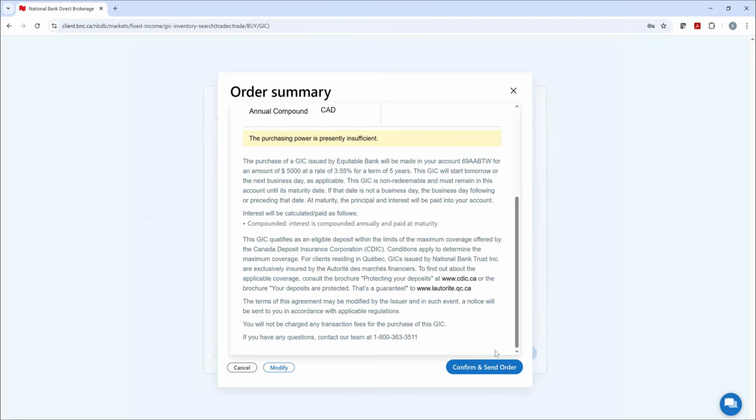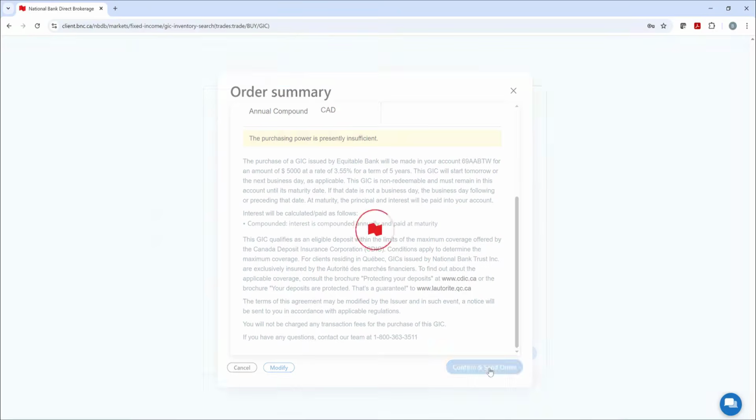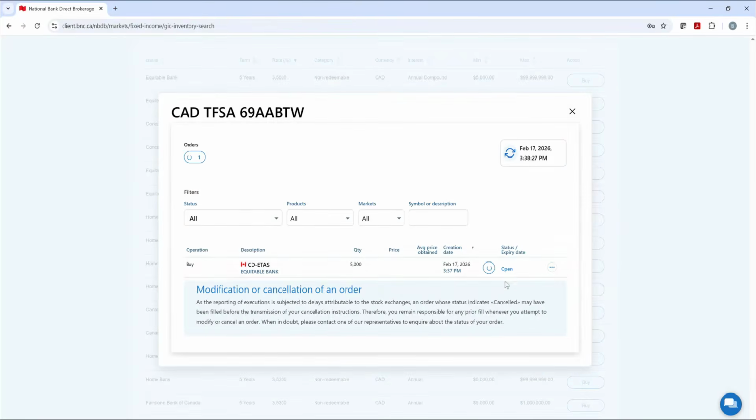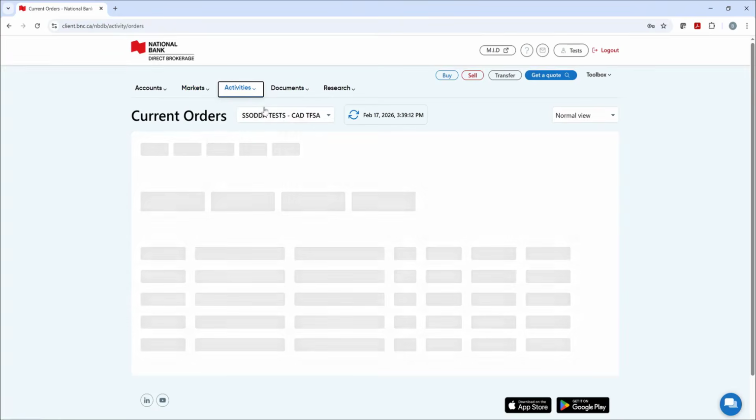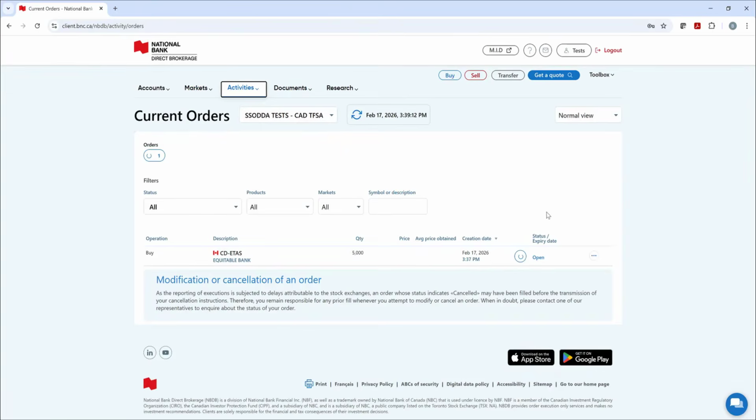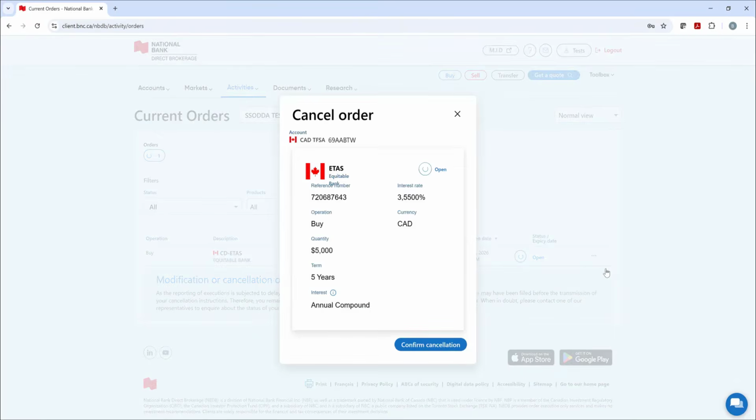make changes. If not, click on Confirm and Send Order, and it will appear in the Current Order section. You can buy GICs between 9:30 a.m. and 11 p.m., and if you change your mind, you have the option to cancel your purchase online before the 11 p.m. deadline. If you proceed, the GIC will appear in the designated brokerage account's current holdings within 2 business